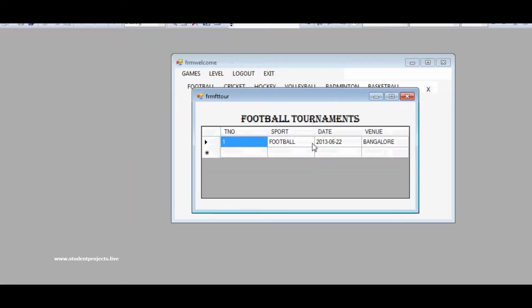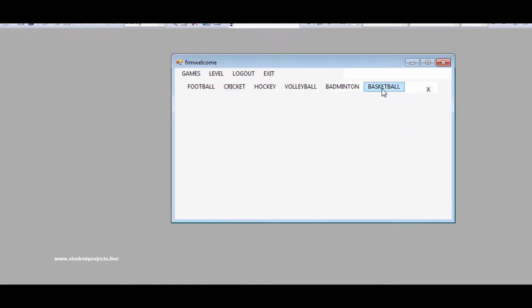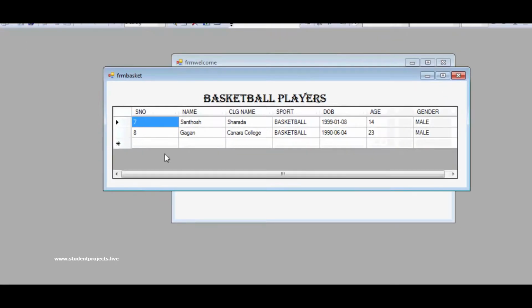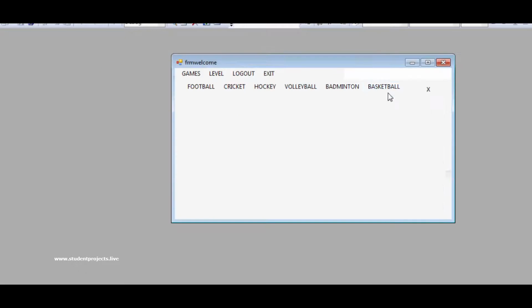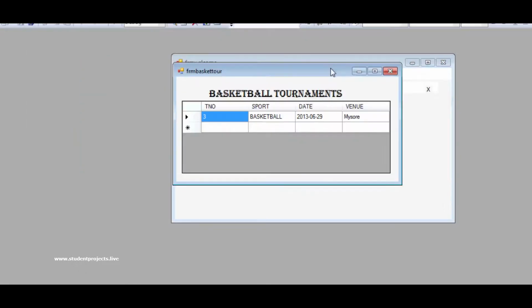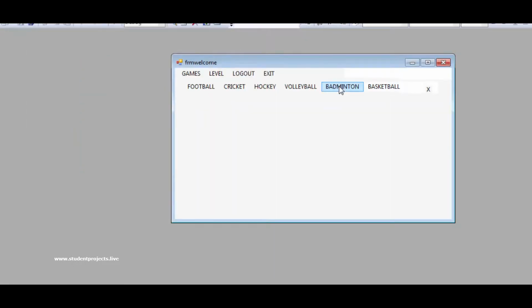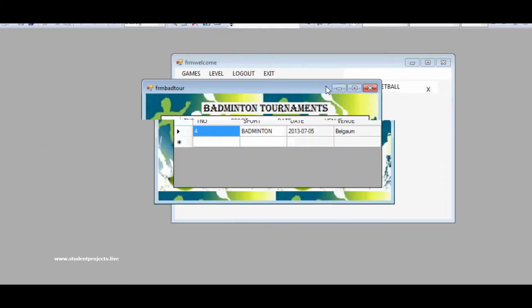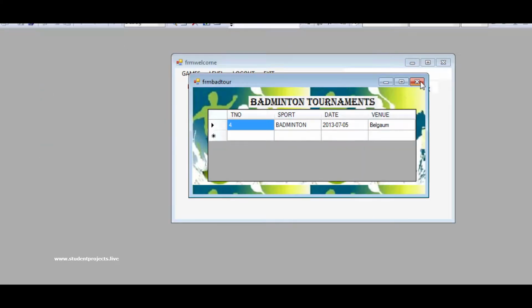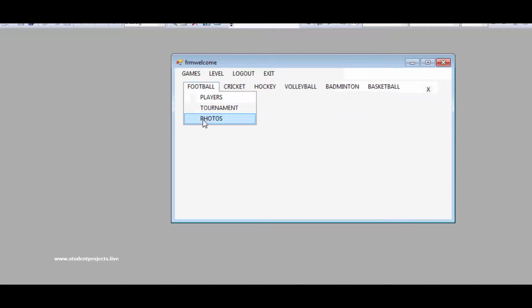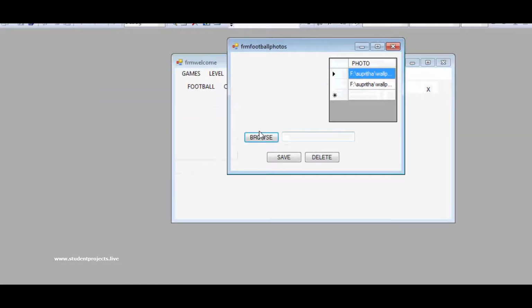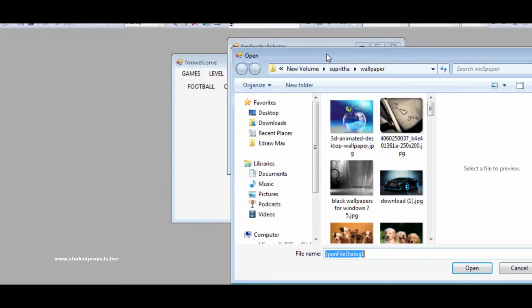Under tournament, the employee can view the date and venue of the tournament. In the basketball tournament, here the date of the basketball sport and where it is held, and in the photos, photos will be added.